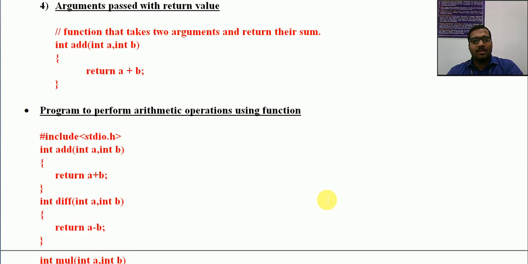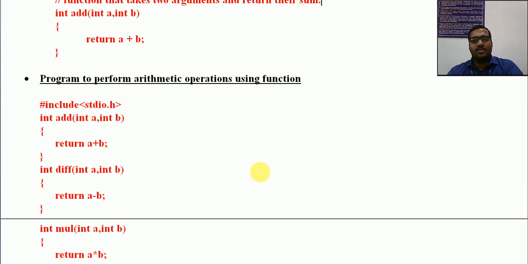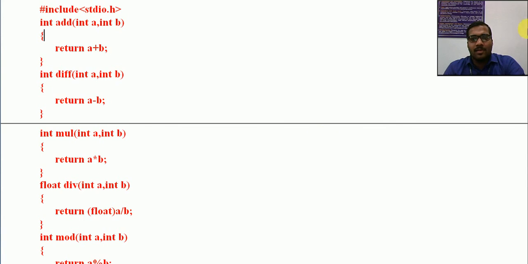Now let us see some examples related to these functions. Generally, we will be following any of the above four methods, depending on the programs. So the first program we are going to discuss is to perform arithmetic operations using functions. We want to perform various arithmetic operations like addition, subtraction, etc. by using functions. Earlier we did that directly by using variables and doing addition of two different variables. Now by using functions, how we can implement the same concept. So we will be writing functions for all of these operations separately. Okay, now just look at the program.